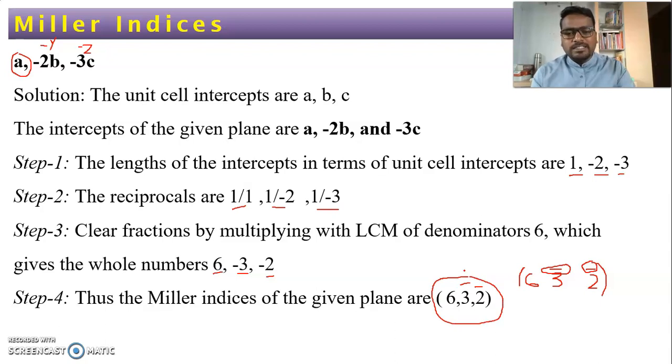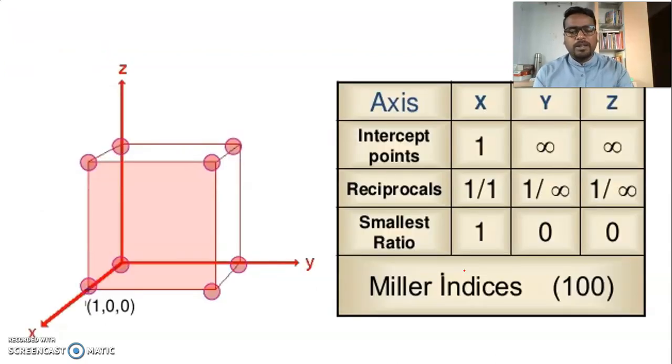Now let us see the Miller indices for various planes. Let us consider this figure. In this three-coordinate system, a unit cell is present. Observe the plane which is present along the x direction. This plane intercepts only at x, so the distance is 1, and it does not intersect along the y axis. See here, it does not intersect. You have to consider this plane, dear students, so don't consider the atom which is present on the y axis.